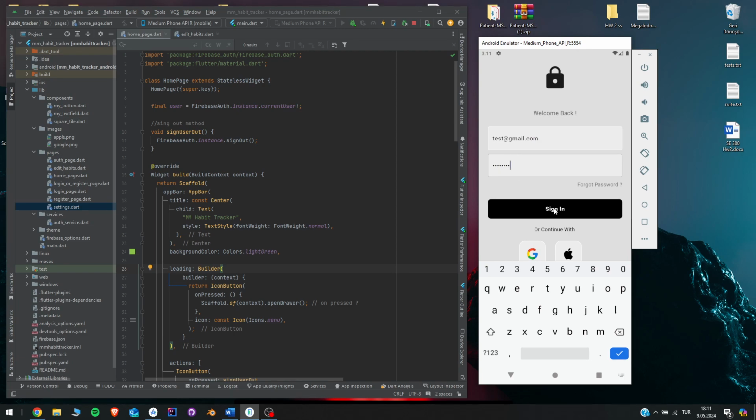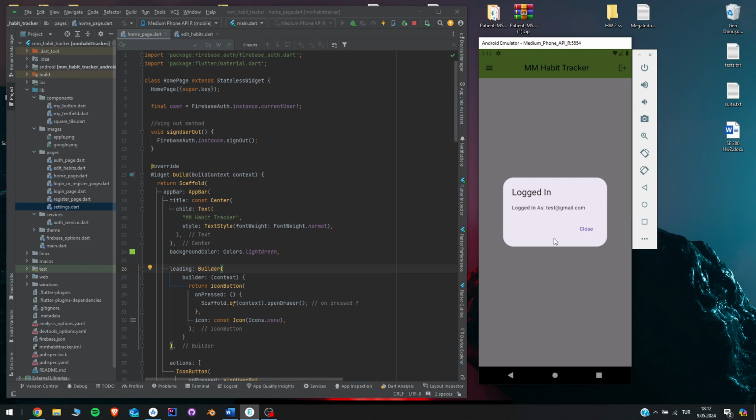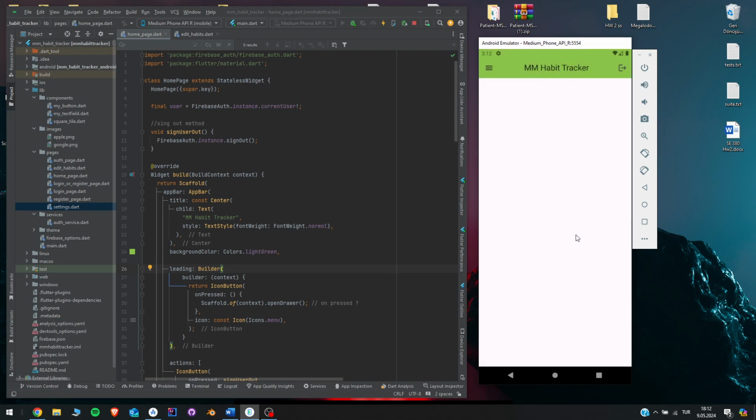So when you correctly type your information and hit the sign in button, you can sign in to the app, and this pop-up will come up and show you your email address, and you hit close. This will be the main page. Actually, I created some code for here. It should be